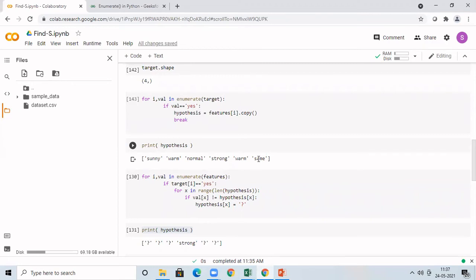This is what we have learned only after seeing the first record with target class yes. We have to see all the instances and refine our hypothesis. In Find-S, first we start with the most specific hypothesis, then we move on to the general hypothesis, which means we add question marks wherever we don't have a match.